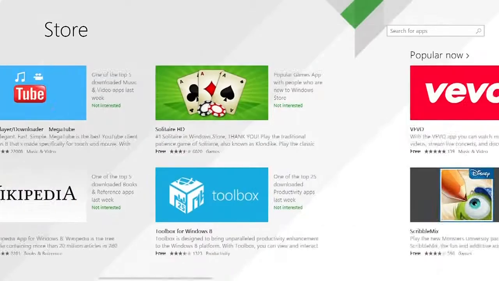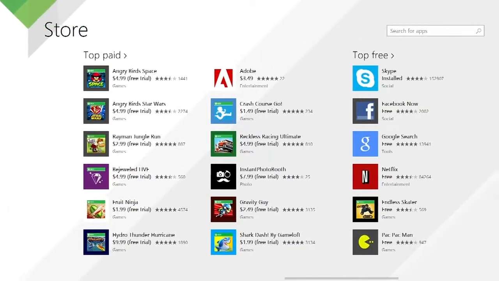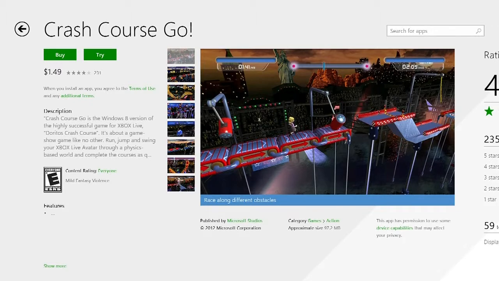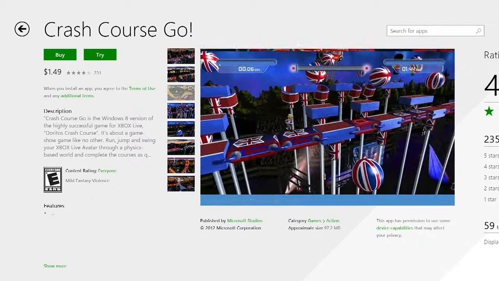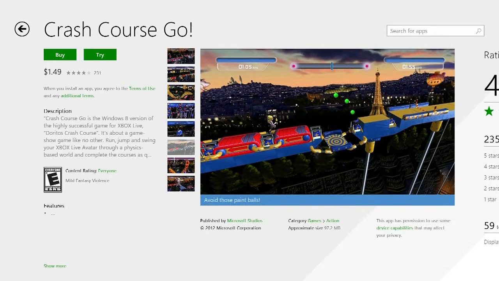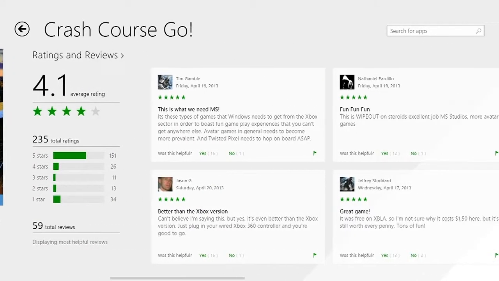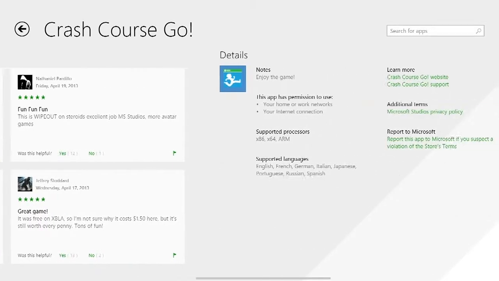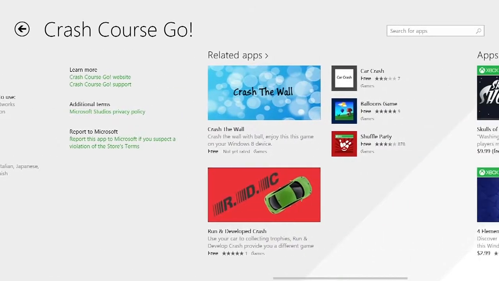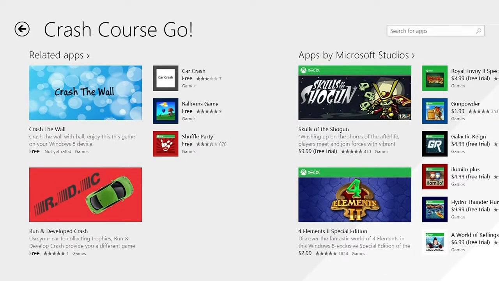So really cool stuff. Let's go over here, and I'm going to tap into one of these so we can have a look at what the new app description page is. So this has been changed a lot also. You see there's a lot more surface area to show some really high fidelity screenshots from my app. As I go across here, you can see some rich ratings and review information. And probably the most interesting section to talk about here are related apps and then apps by Microsoft Studios, which in this case is us. So this is a place where you get to cross-merchandise your apps if you have a number of apps in the store. So again, a great way to have people discover the apps that you're building and actually to sell